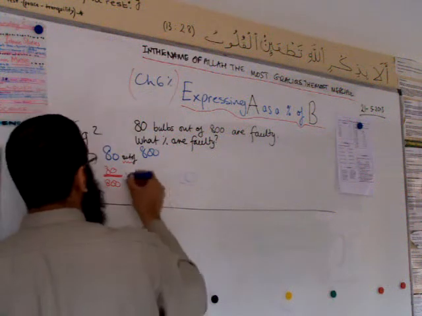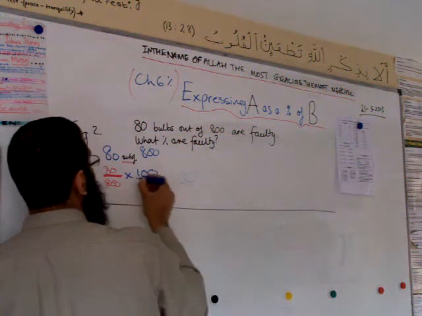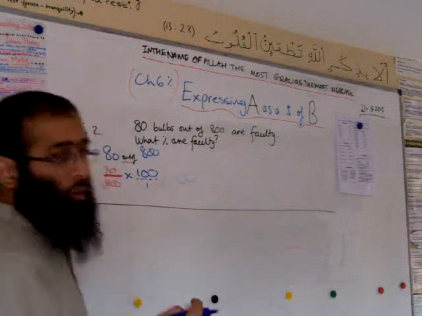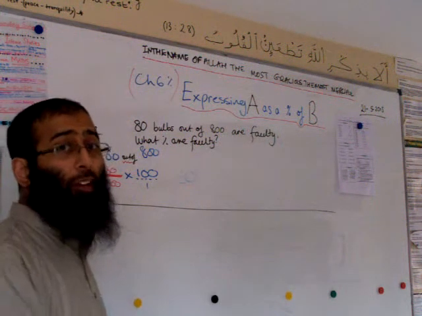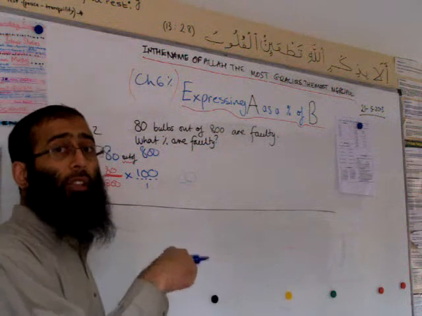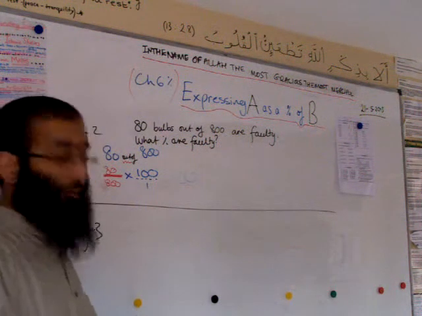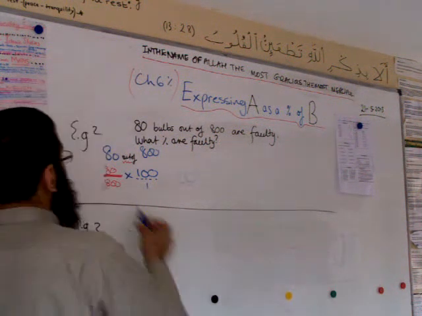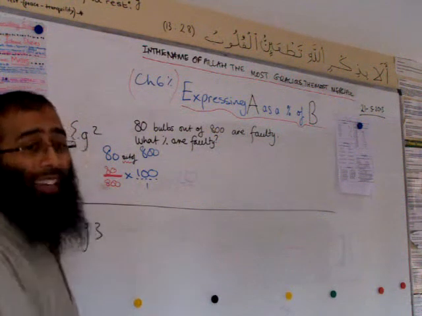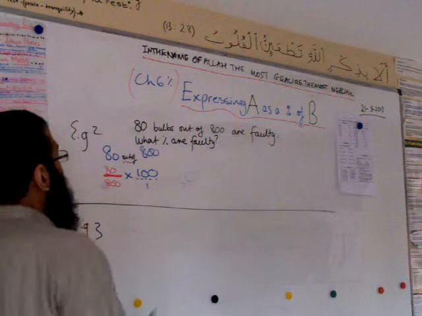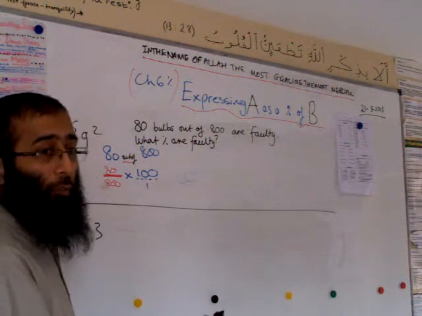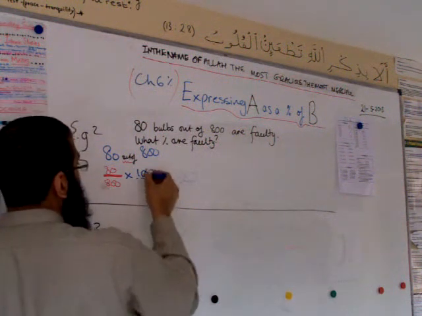So, I'm going to now multiply this by 100 over 1. To change any fraction into a percentage, the traditional method is times it by 100. So I'm using the traditional method in this particular question. You'll see why. Okay. When we are multiplying fractions, we can cancel vertically or diagonally. At the moment, the quickest way for me to cancel is, well, if I divide 100 by 100,